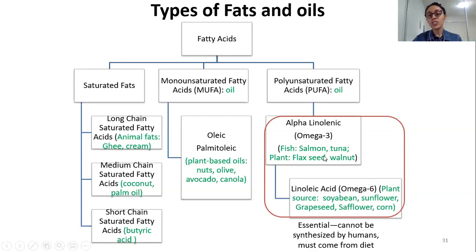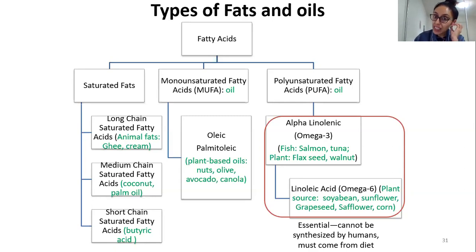So what are the sources of omega-3? You have your animal sources, which is your fatty fish, such as salmon and tuna. The types of fats you have in the fish are eicosapentaenoic acid and docosahexaenoic acid, EPA and DHA, and we'll be talking more about EPA and DHA in the mental health lecture. Your plant sources are the original alpha linolenic acid, which is your omega-3. They are from your vegan sources such as flaxseed, walnut, and so on.